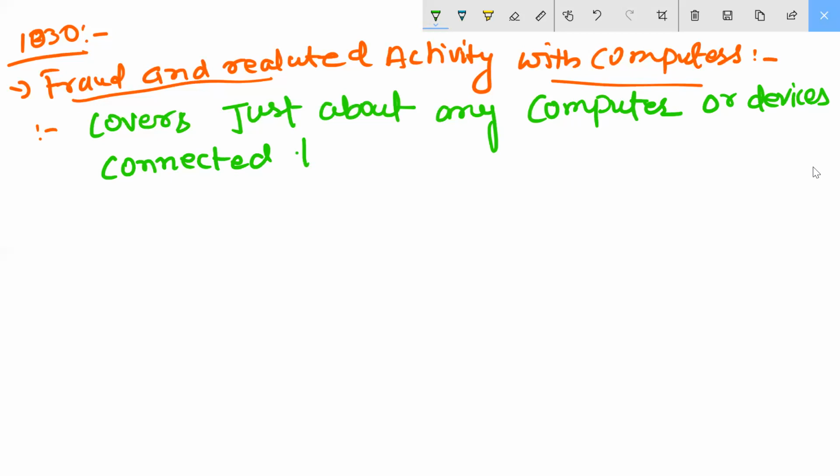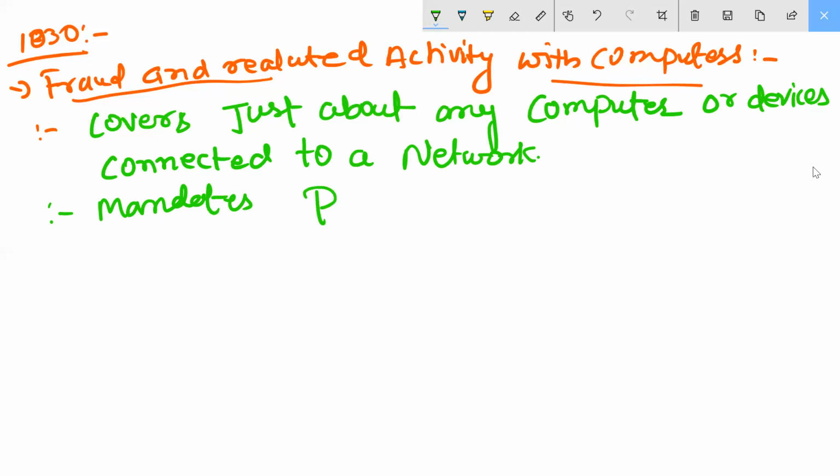Connected to a network. Understood? Next, second point, what it is telling you. Mandates. Penalties. For anyone. Devices connected to a network. Network means internet. Okay. Mandates. Penalties for